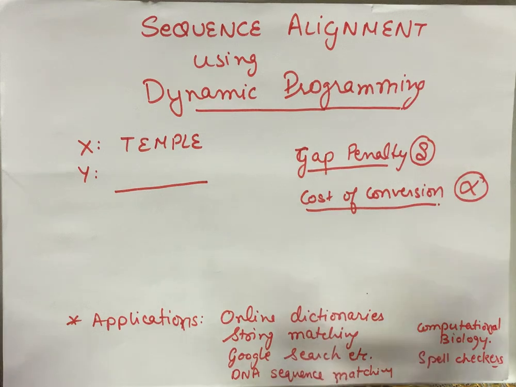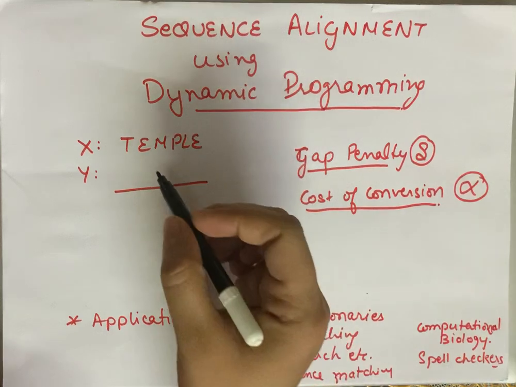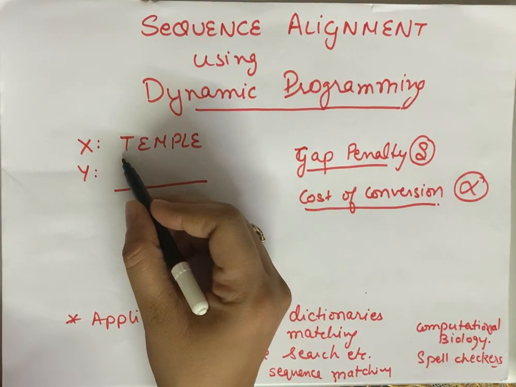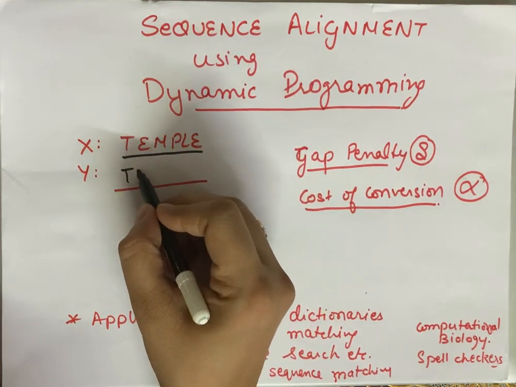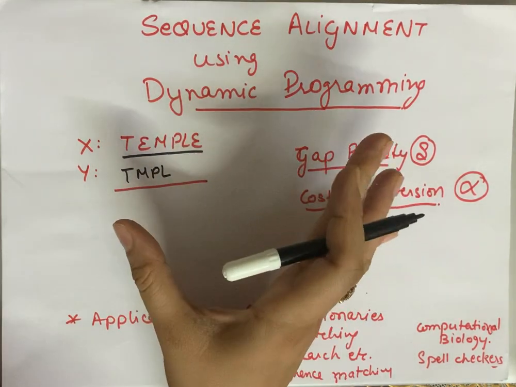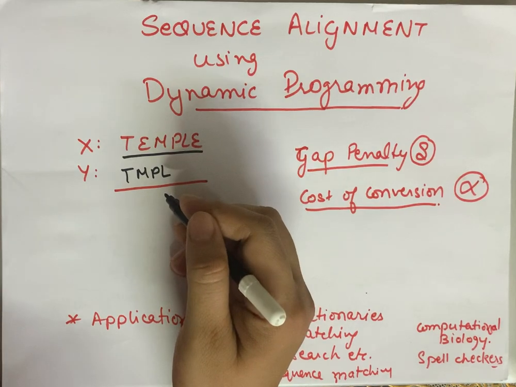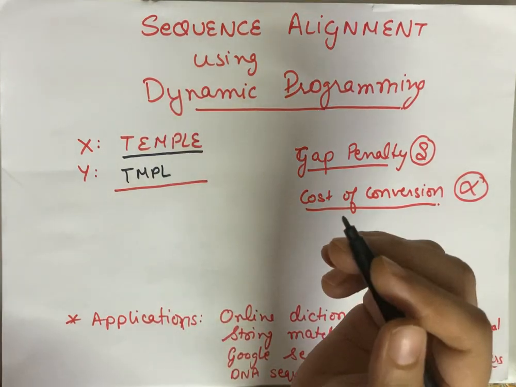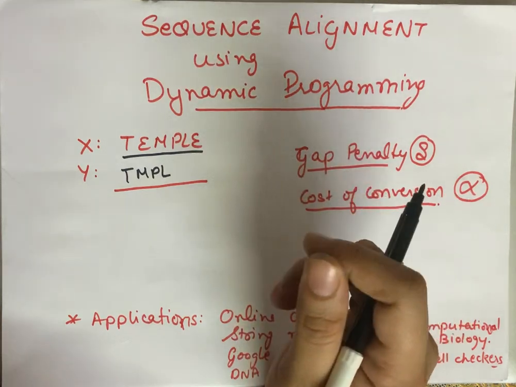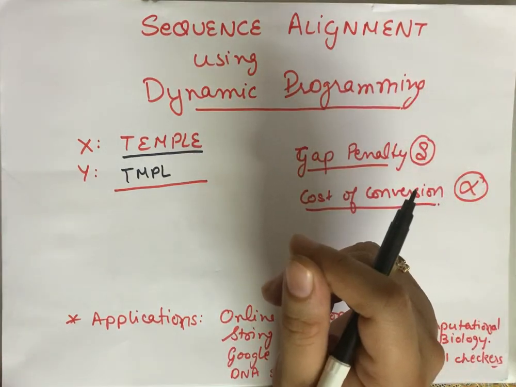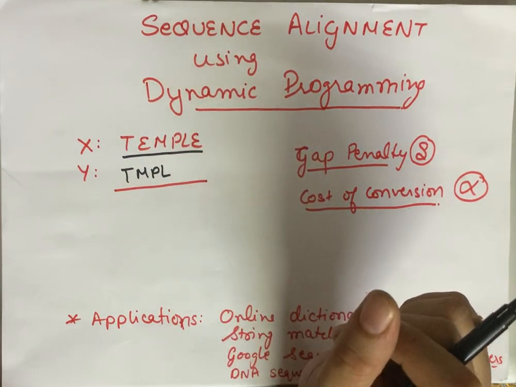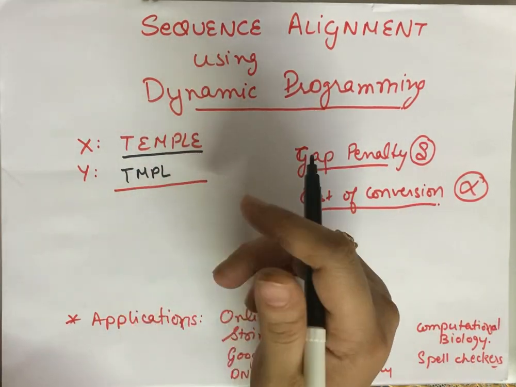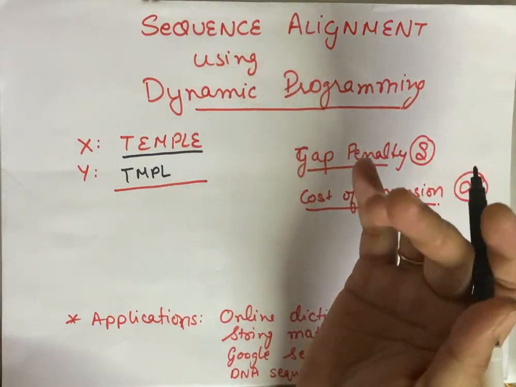Let us try to understand what we mean by sequence alignment. Suppose we are searching for the word temple on Google and by mistake we misspell it. Does Google suggest automatically, "Are you searching for temple?" Yes, it does happen. How is Google doing that, or for that matter, other sources? What we are trying to do is align two sequences in some manner, and try to give you the right result. Sometimes it is right, sometimes it is wrong.